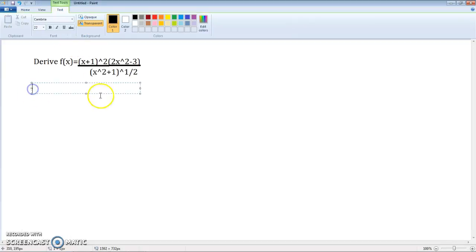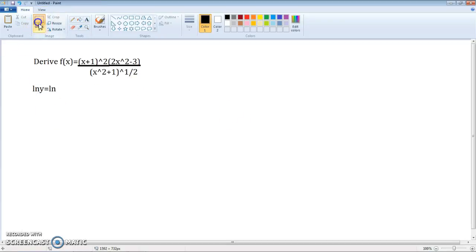So first thing I'm going to do is take the natural log of both sides. So the natural log of y is equal to the natural log of, and it's just going to be this whole side of the equation. So the natural log of that, in fact I'll put it in brackets. Okay,